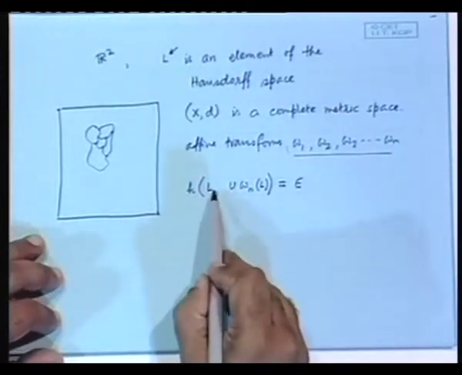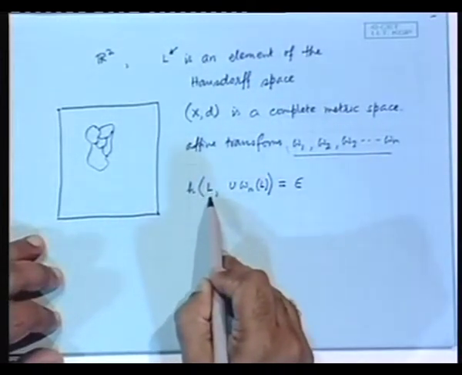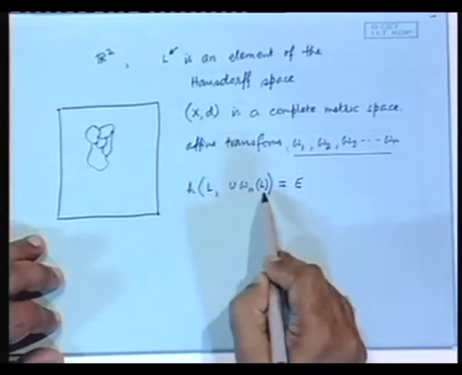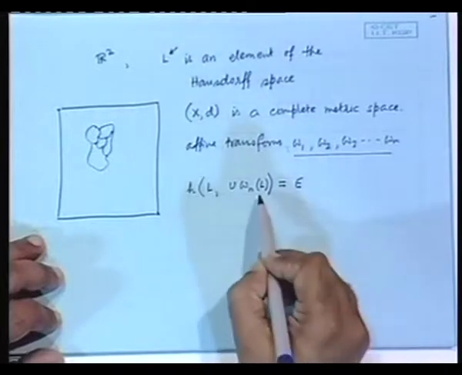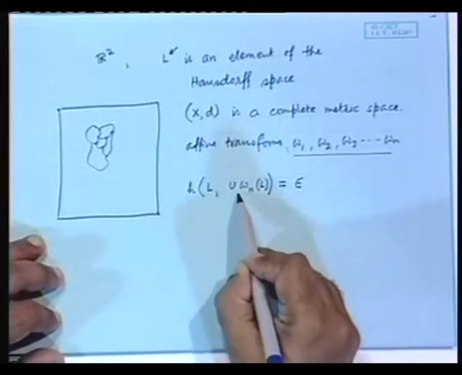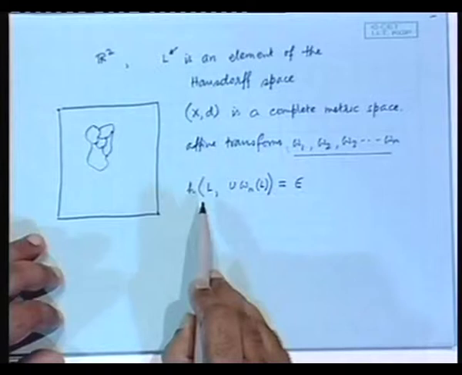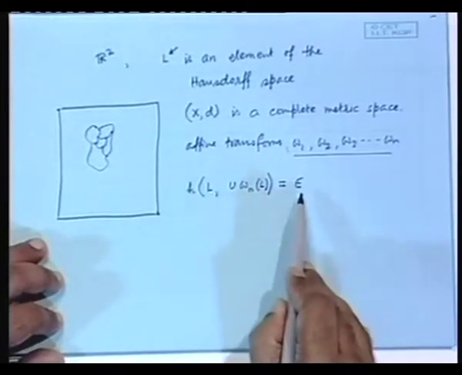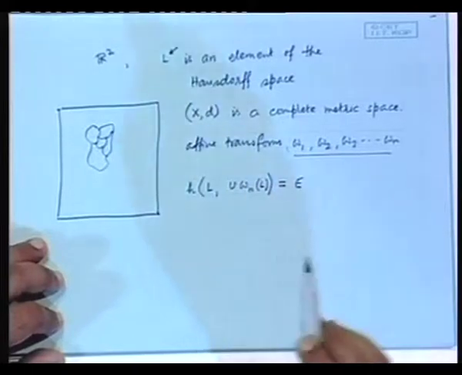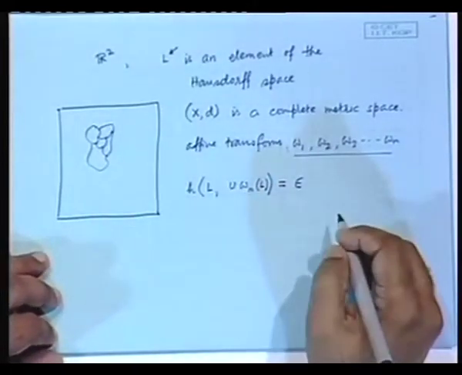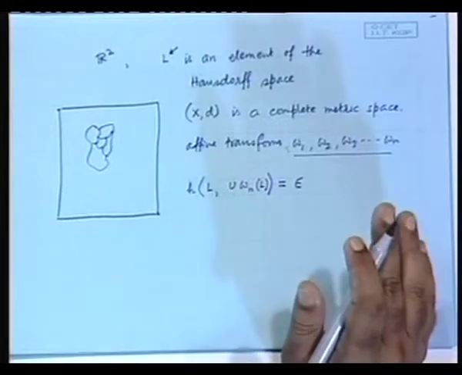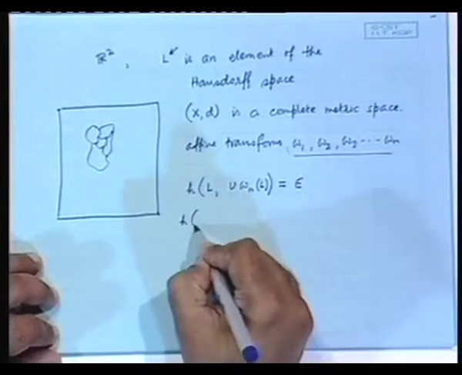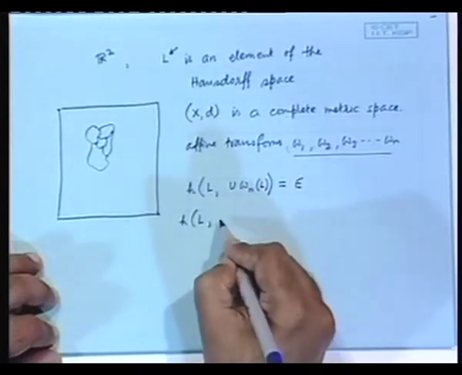This means that we have started from the set L and applied certain affine transformations on it, thereby getting this union, another object. So, we can find the distance between the original one and the transformed one, and we find that it is a small number epsilon. If that is so, then the theorem guarantees that if you calculate the distance between L and the attractor